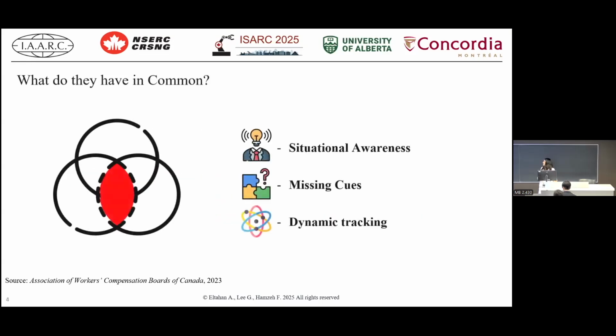Okay. So what we notice that they have in common is that they all relate to situation awareness, missing cues. So you're missing some cues, or you're not aware of your surroundings. So you're either struck by an object, or caught between equipment or stuff like that. And all of this relates to something called dynamic tracking. So you are in a dynamic environment. There are dynamic objects moving around you, and that hinders your performance, your safety awareness and your situation awareness